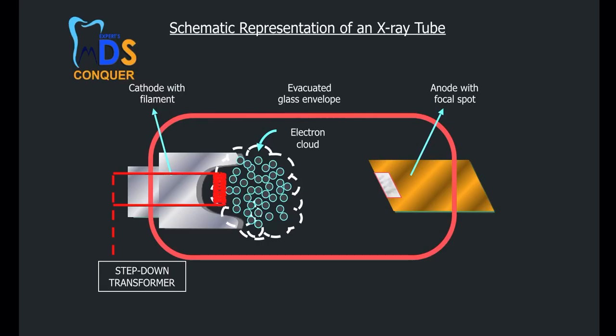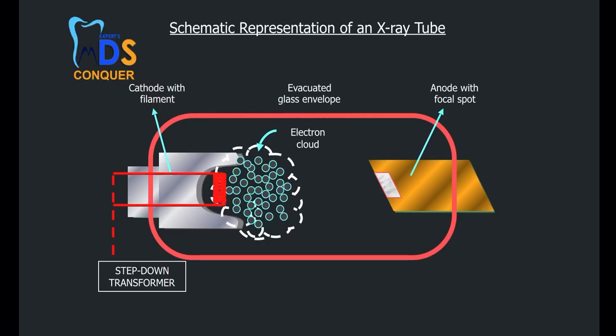That reduction in the voltage is done by the step down transformer. The step down transformer reduces the voltage so that the current supply will be given to the filament, and the filament will be heated and produce the high amount of electron cloud that is actually needed. This is regarding the step down transformer. It will decrease the voltage in order to increase the current supply to the filament and heat it. We are done with it.